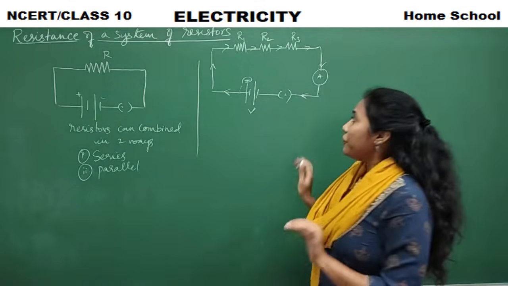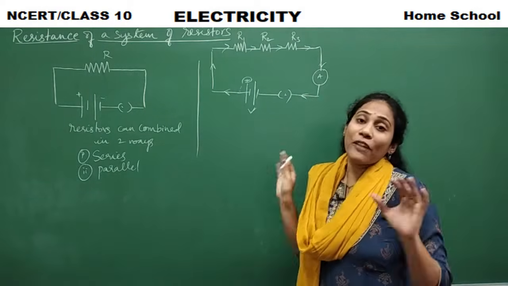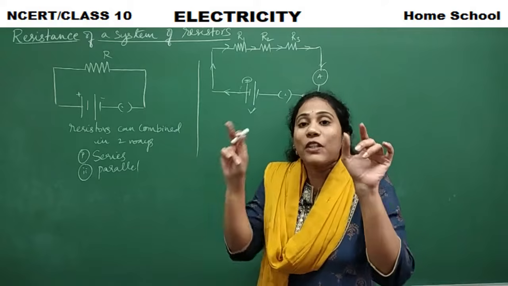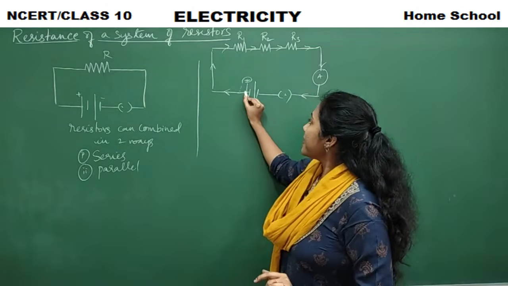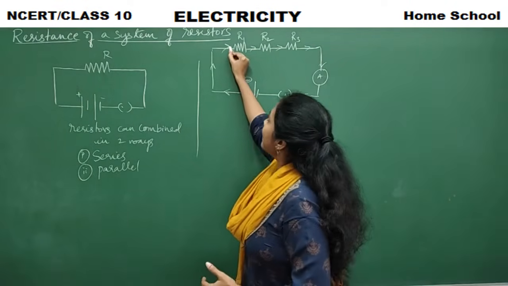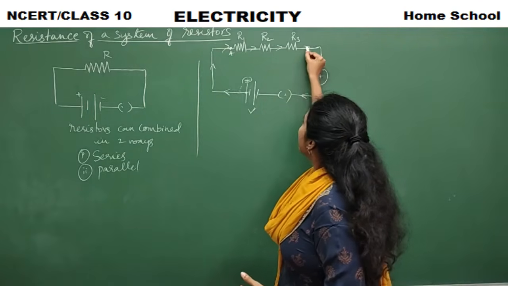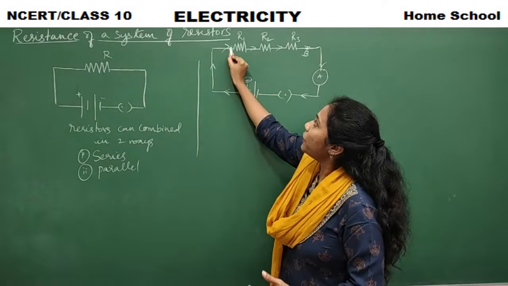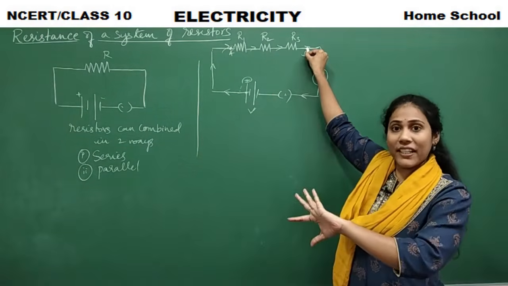Fine. And now if you want to measure the voltage that is present in this circuit, you have to connect the voltmeter. So where do you connect the voltmeter? Across the two ends of a wire. Clear? Actually, you see, this is one end of a wire, this is another end of a wire. I'll take this as point A, okay, and this as point B. This is also across the resistors. You see, here you will have one kind of electric pressure. Again, here you will have another kind of electric pressure.